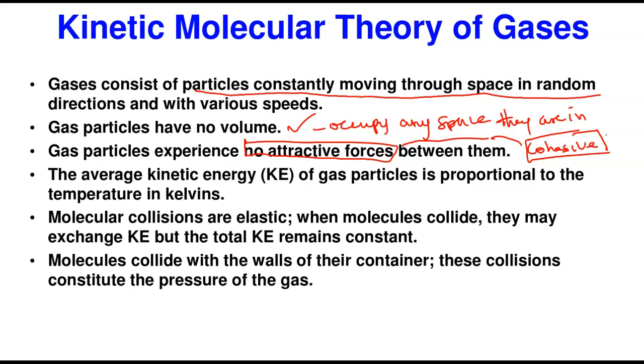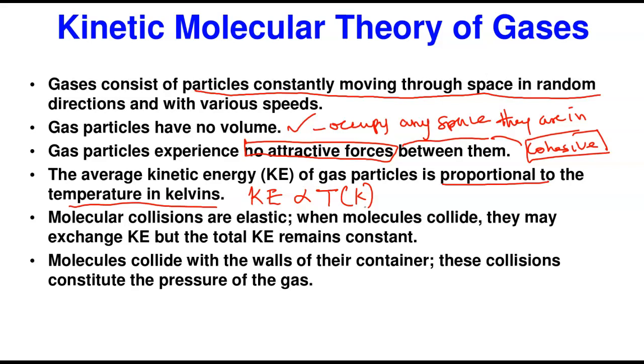And then the next one, very important: the average kinetic energy of gas molecules is proportional to temperature in Kelvin. That the kinetic energy of gas molecules is proportional to the temperature in Kelvin. This temperature must be in Kelvin, not Celsius. What that simply means is that as we do the calculations in gas laws, we have to convert every temperature, whether in Fahrenheit or in Celsius, to Kelvin